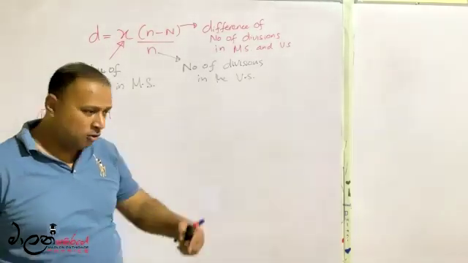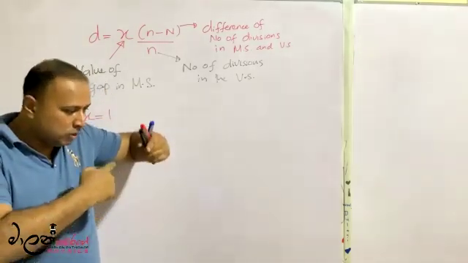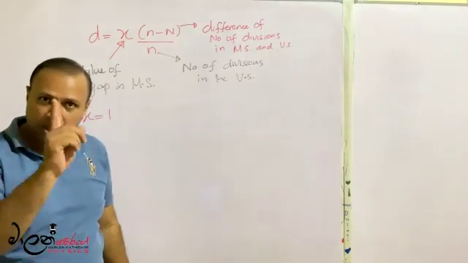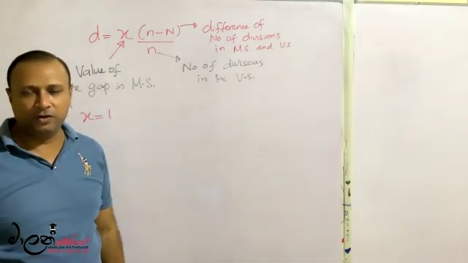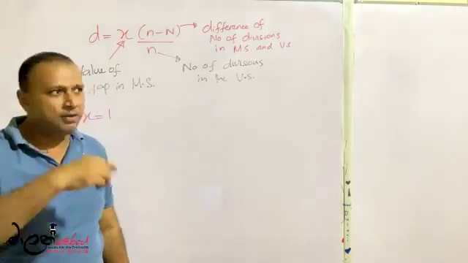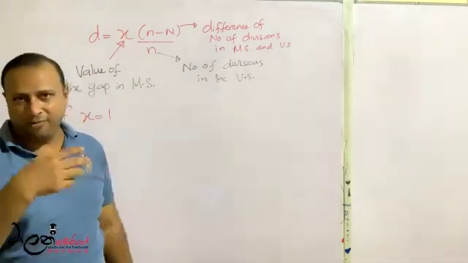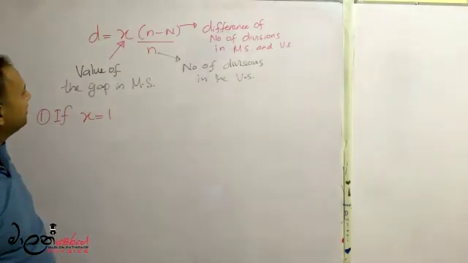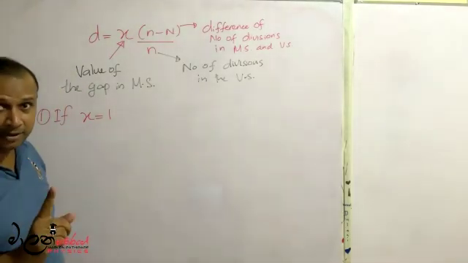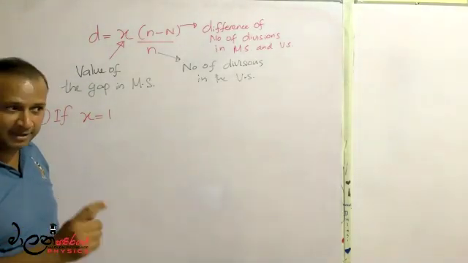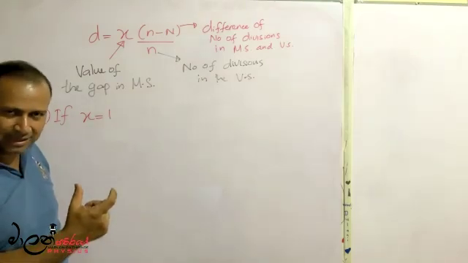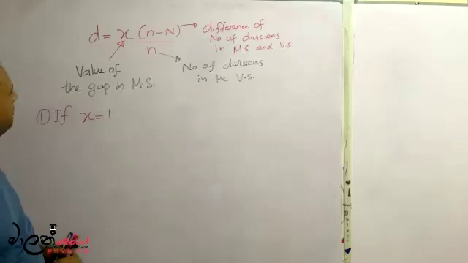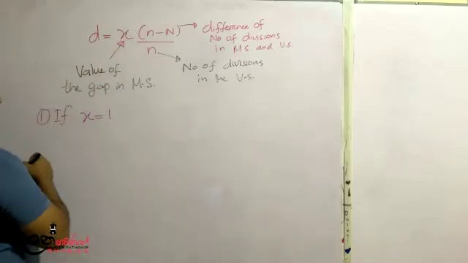Therefore, the gap between two consecutive marks in the main scale should be equal to 1. That 1 may be a millimeter, maybe a degree, maybe Celsius, any other scale. But you have to understand that the gap between two consecutive marks in the main scale should be equal to 1. If so, x is equal to 1, then